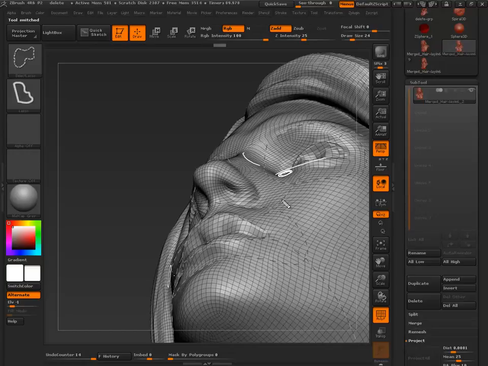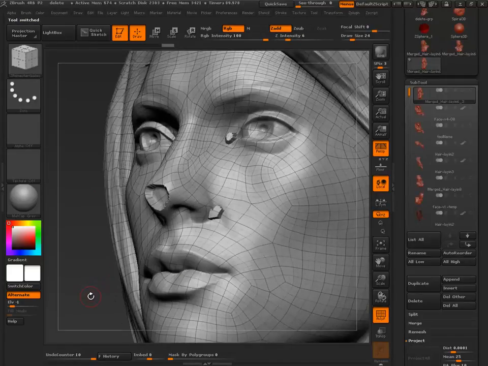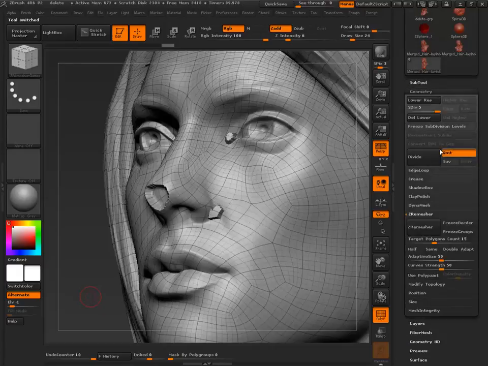So how are we going to get that back? Are you going to resculpt? Or do we have to do some sort of new projection?